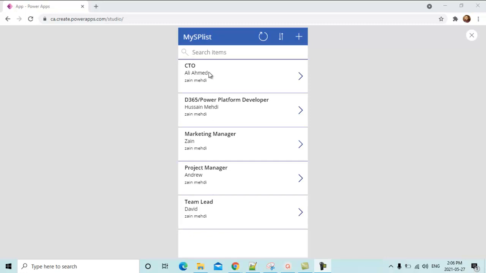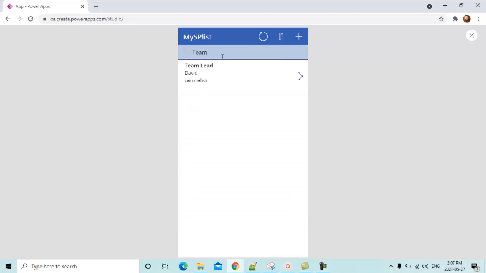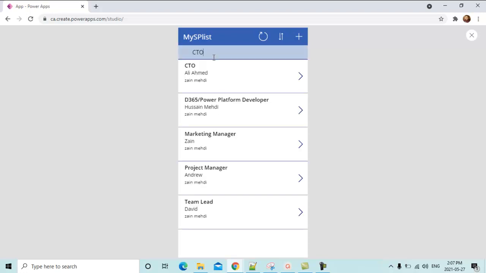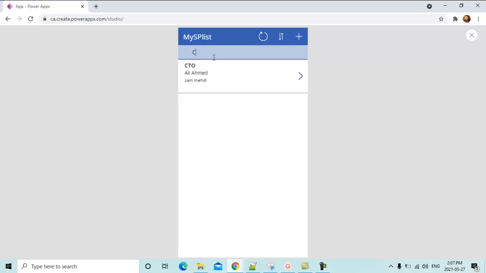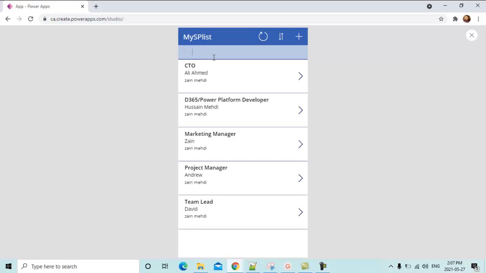And you are seeing them in PowerApps. You can search over here as well. Like if I want to see team lead, it shows you a record only for the team lead. If there are many team leaders, then this will show all the records whose title starts with team, right? So if you want to see CTO, if you want to see project manager,